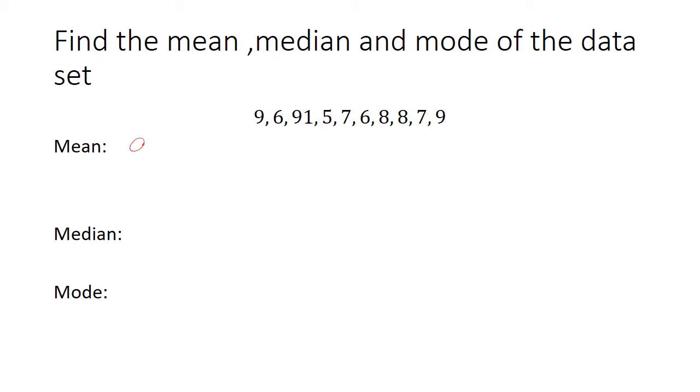So for our mean, we're going to add them all up. So we'll do 9 plus 6 plus 91 plus 5 plus 7, plus 6 plus 8 plus 8 plus 7 plus 9. You're going to add them up. Get 156. We would divide 156 by how many values there are, and there are 1, 2, 3, 4, 5,